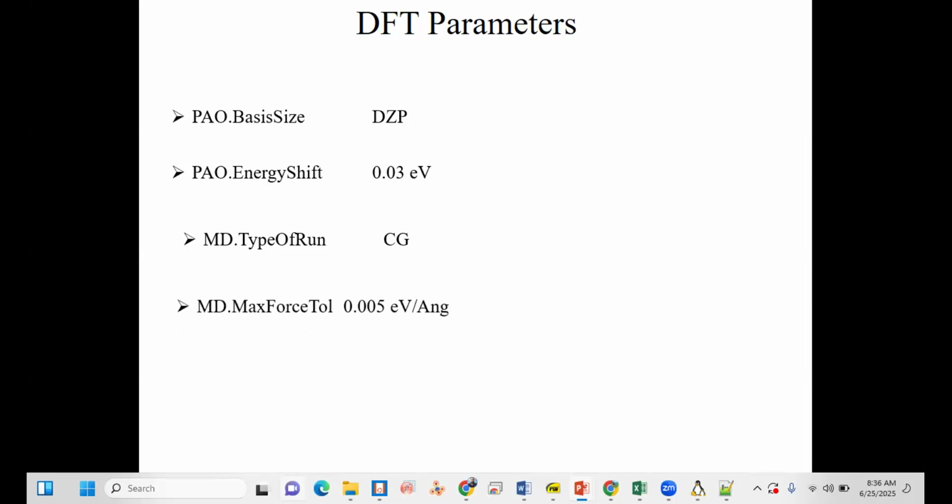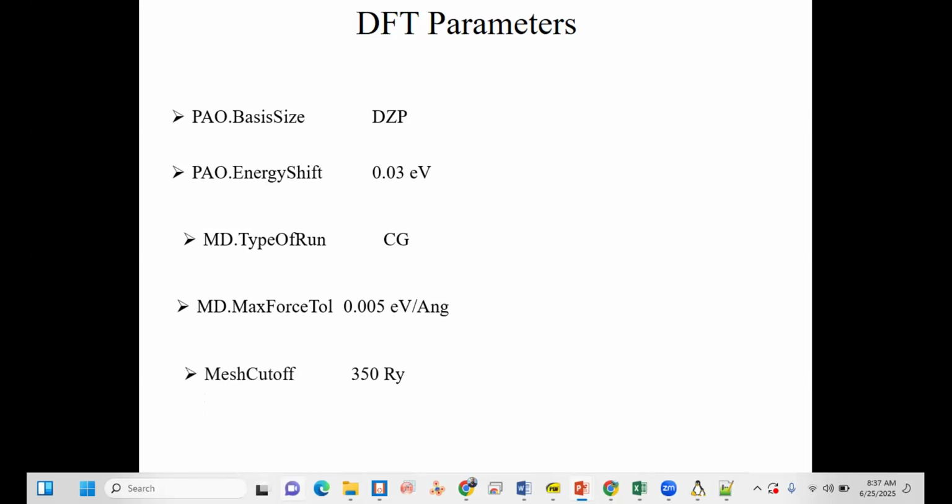So this is basically what we call the convergence criteria, where we tell the SIESTA program that if the maximum force on each atom reaches 0.005 electron volt per angstrom, then you must stop the calculation. Then it's enough for me to do the further calculation.